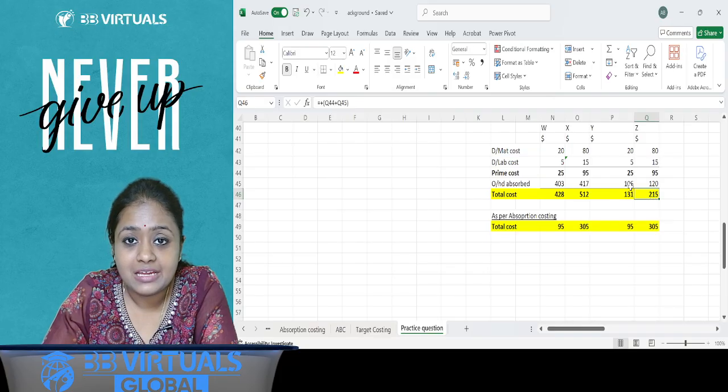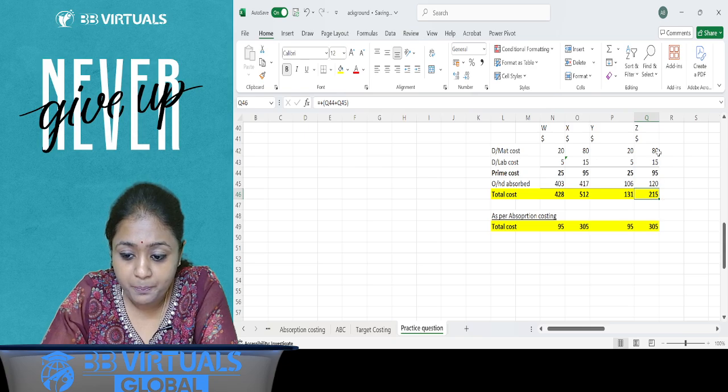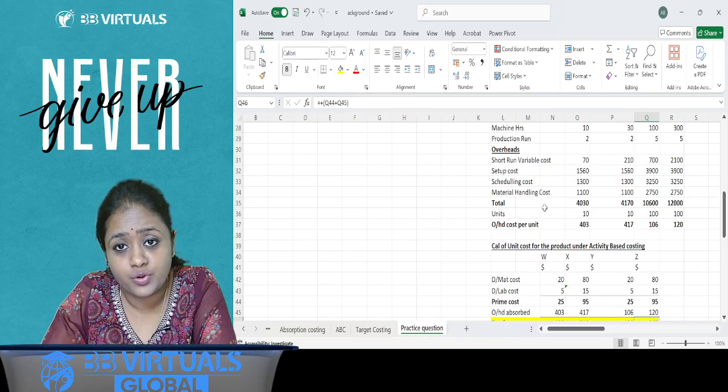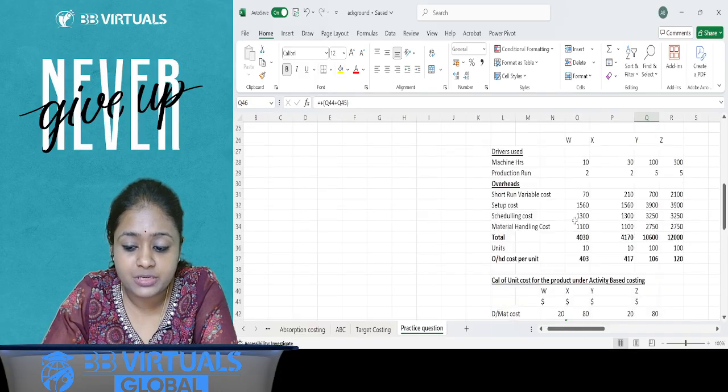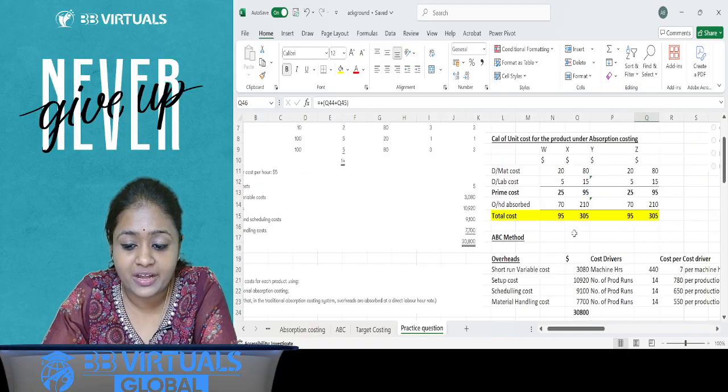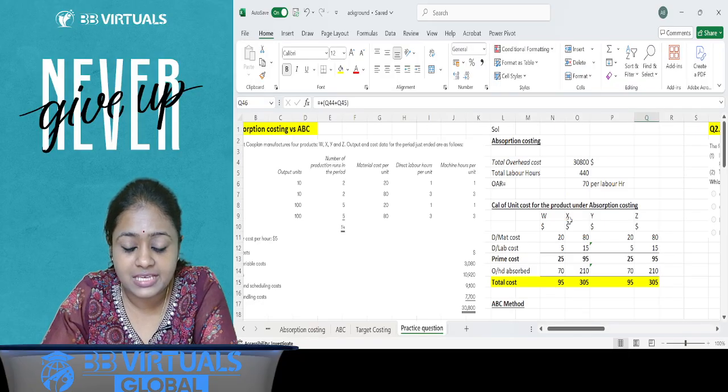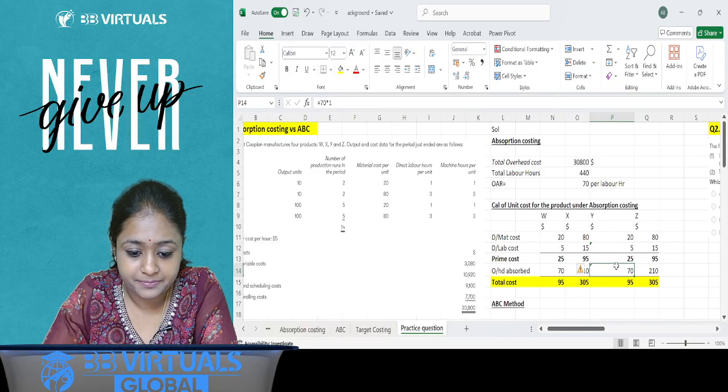So what do you see here? In overhead cost, in the absorption costing, the products that were having more units got more share, as compared to the products that had low units, which get a low share. Okay, I hope it's absolutely crystal clear to all of you, this fundamental, all these pointers, and if you have any questions, please reach out to me and ask me.